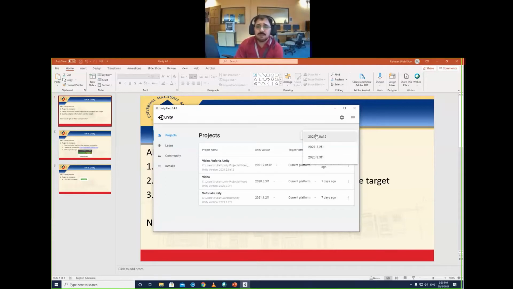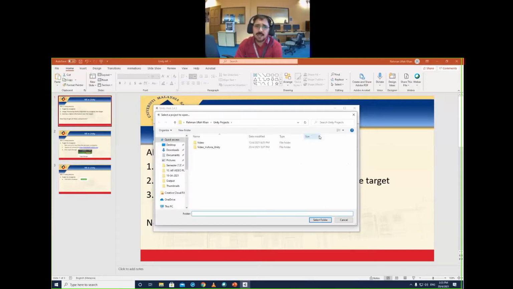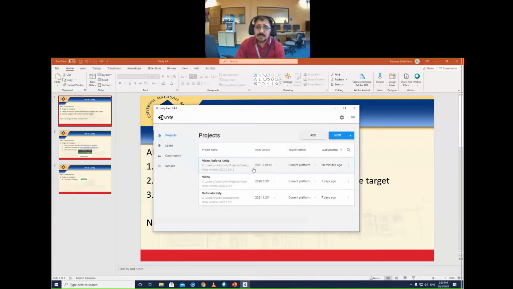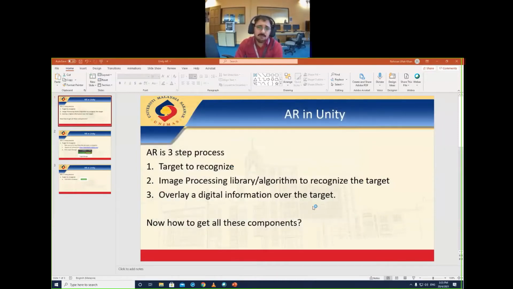So it's up to you which version you want to install. You will download that one, and after that from here you will click the version that you want, and then you will click add. Then you will select, for example, this one. Once you add, it will come to this list, and after that you can open.